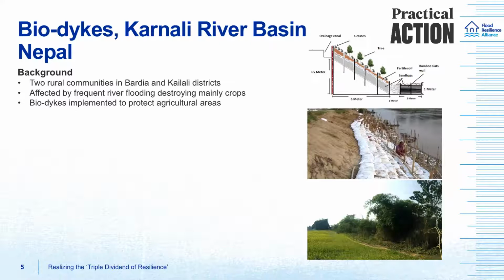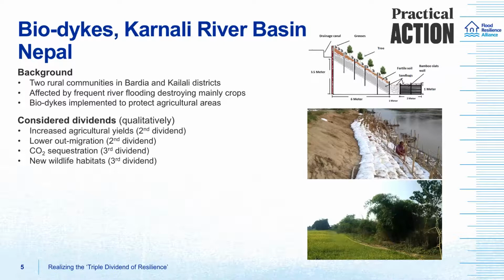who were both affected by frequent river flooding as part of the monsoon. And one main issue is that this flooding destroys crops on agricultural areas. And the idea was to implement these bio-dykes to mainly protect the agricultural areas. There were a few dividends, mainly qualitatively considered, besides avoiding losses, like increased agricultural yields, not only from avoiding the damage, but also from using the vegetation that's growing on these dikes. As one effect there was hope of lower out migration, since people directly depend on